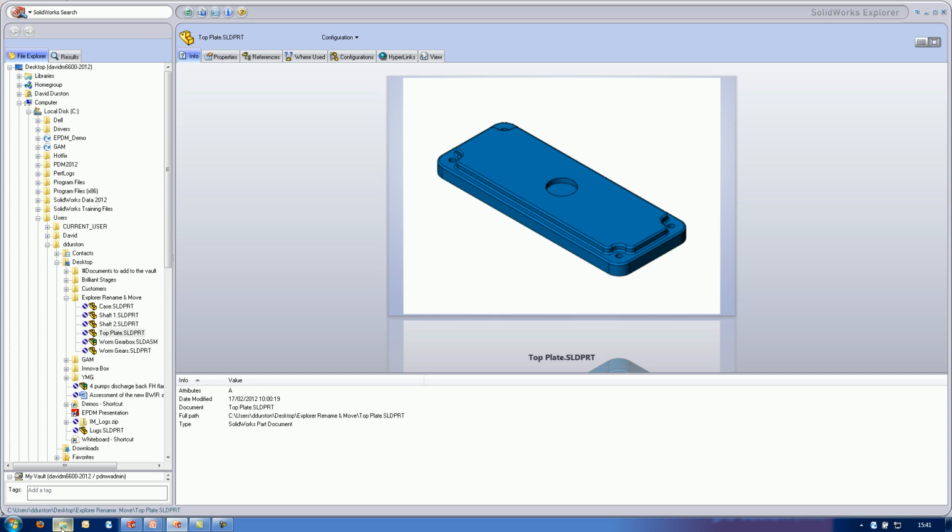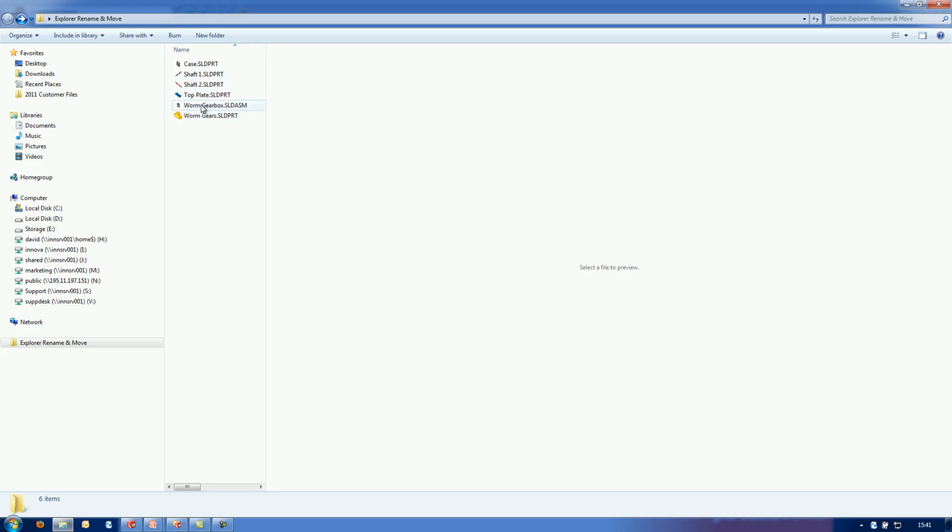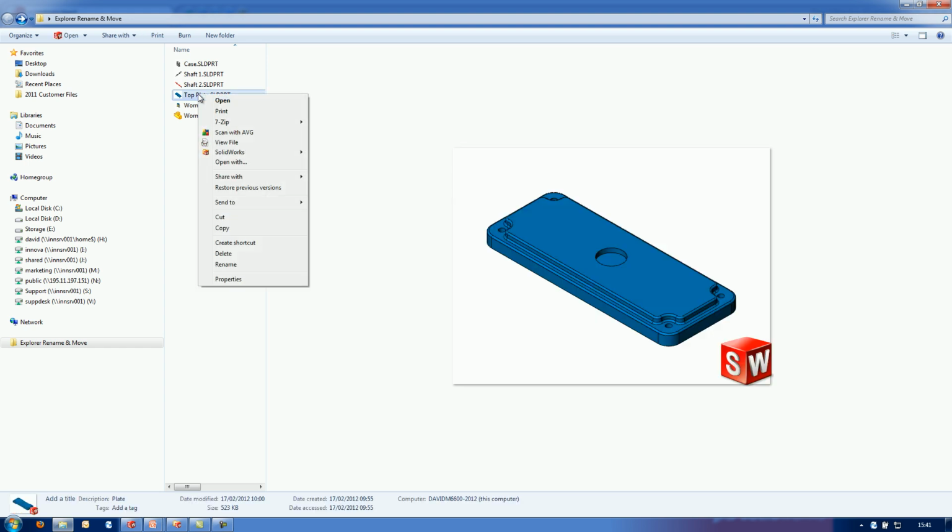The last thing I want to show you is all of this functionality is available directly in your standard Windows Explorer by right clicking, and then underneath SolidWorks we have rename,